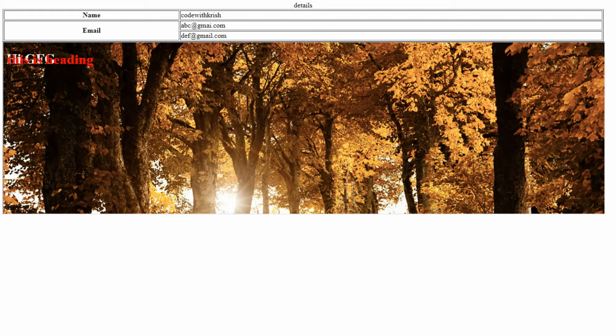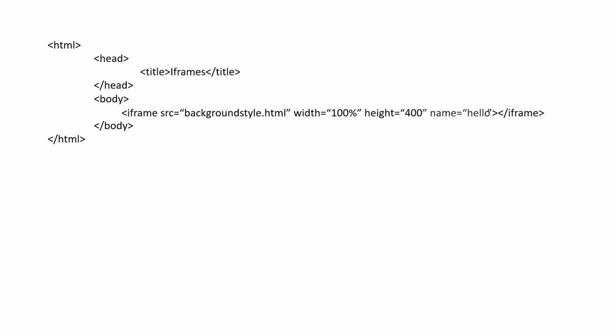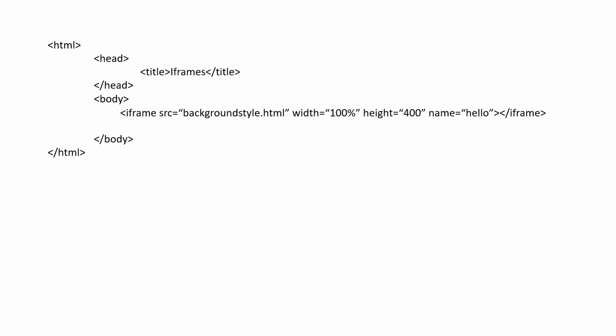That means when you click on a link, the page will import the web page into your iframe. For that, I'll take an empty HTML file, and in that I'll write the same iframe tag which we used to import the background styles, right? So in that I'll add the name attribute for this tag. Let's say name is equal to hello, and now I'll add an anchor tag, that is, href is equal to